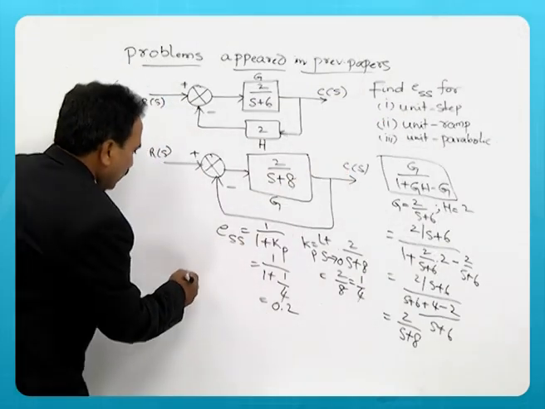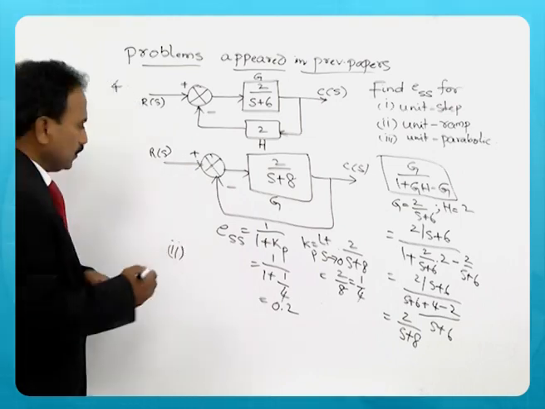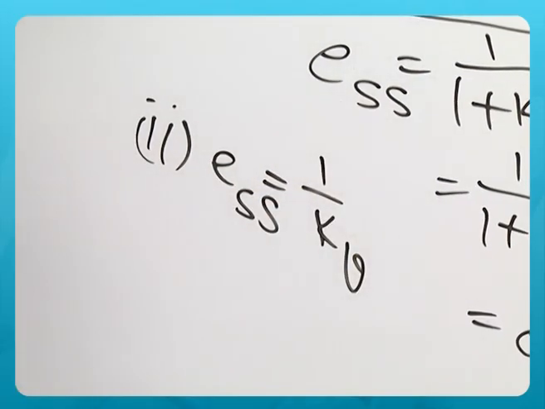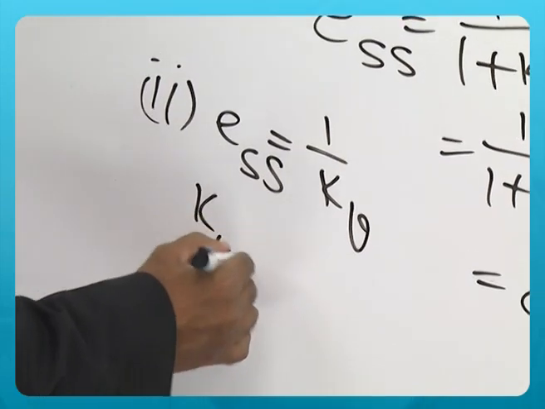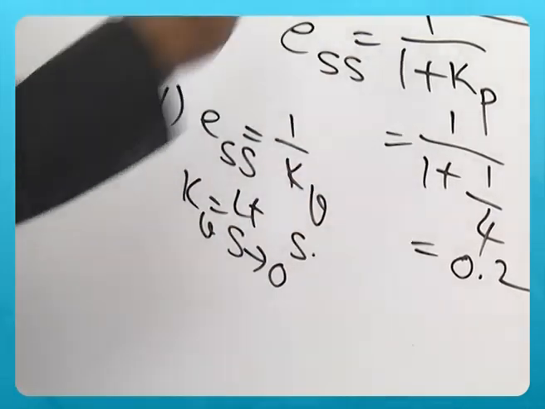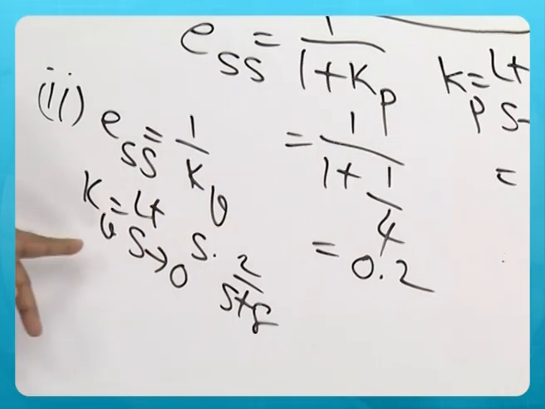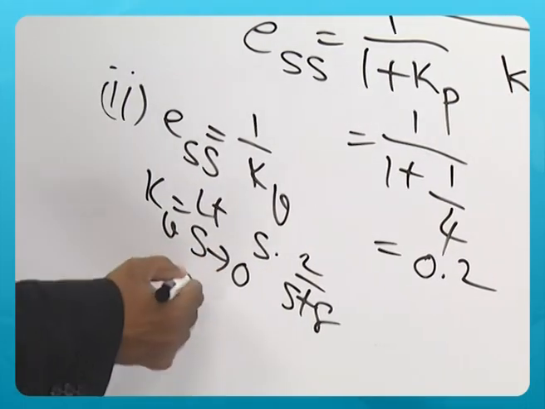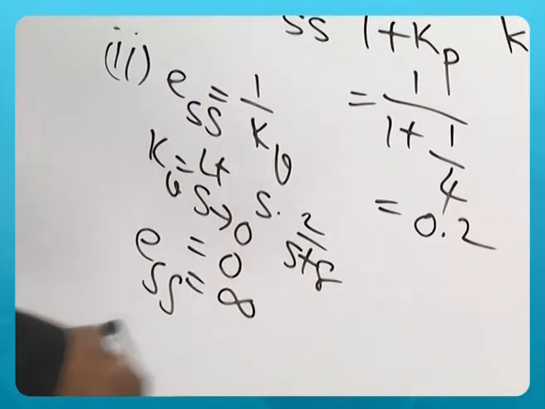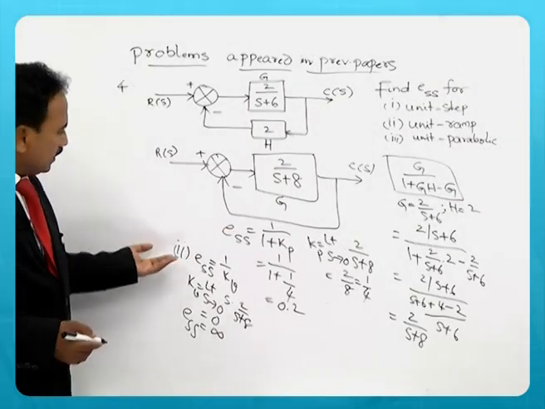Now, the second case, the steady state error for unit ramp input. It is given by ESS equal to 1 by Kv, the velocity error constant, where Kv is limit s tending to 0 of s times this function 2 by s plus 8. So, Kv becomes 0 in this case. So, the steady state error is infinity. Even if you calculate for unit parabolic input, in the third case it is